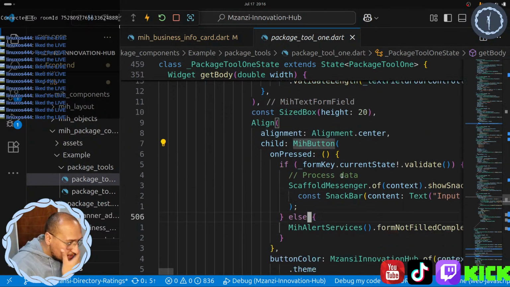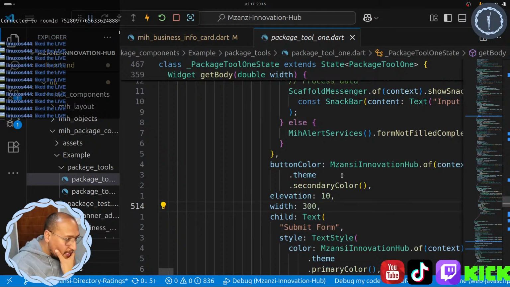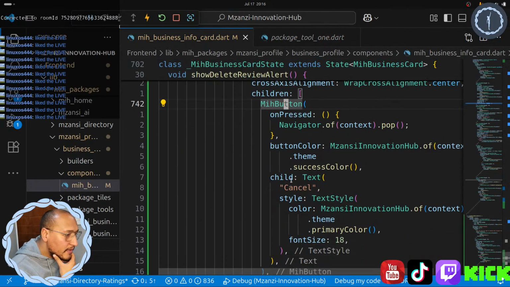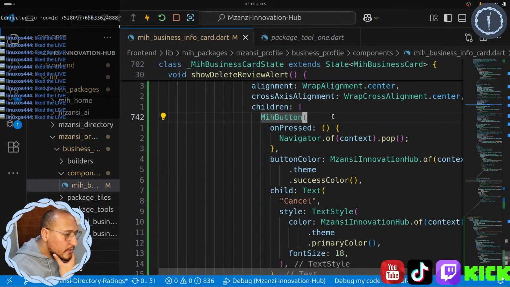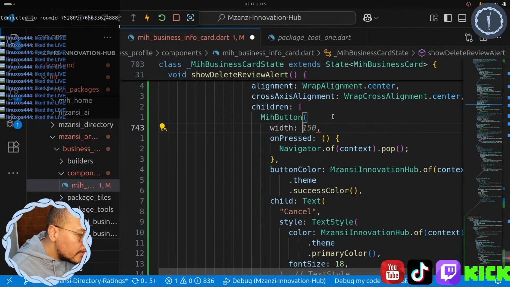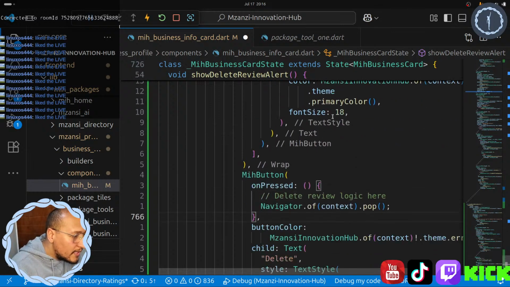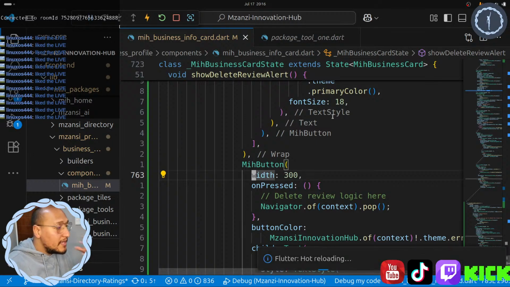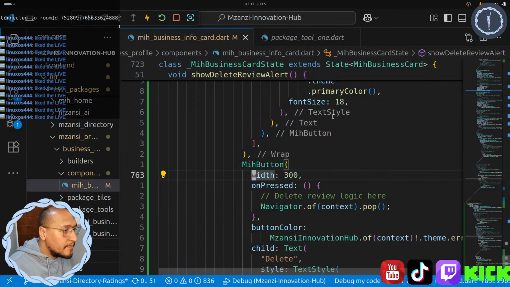So let's see, yeah, width 300. So that's what's missing over here. Width 300. Let's yank that and go to the other one and also put a width 300. Now the wrap functionality should work.